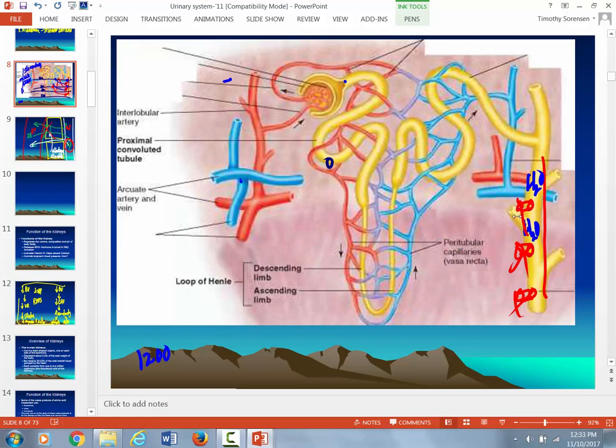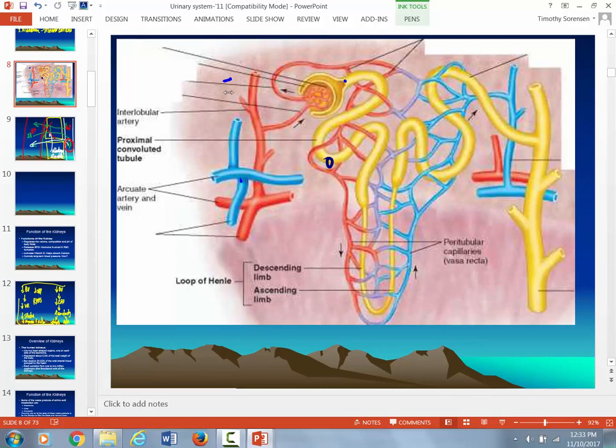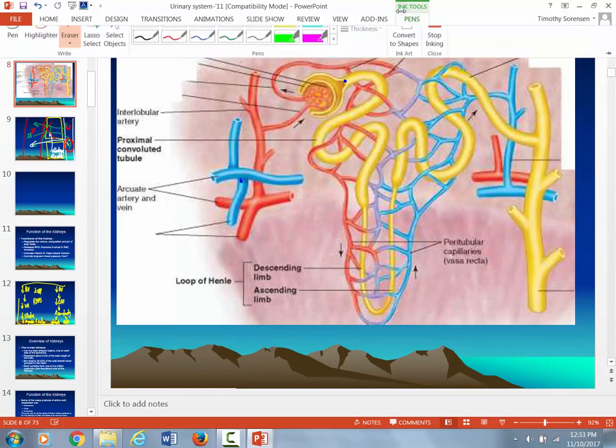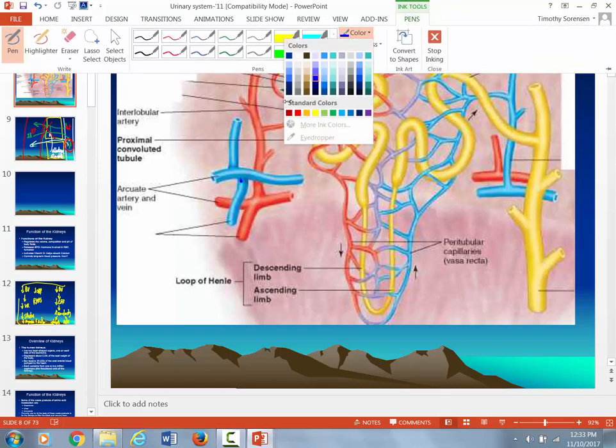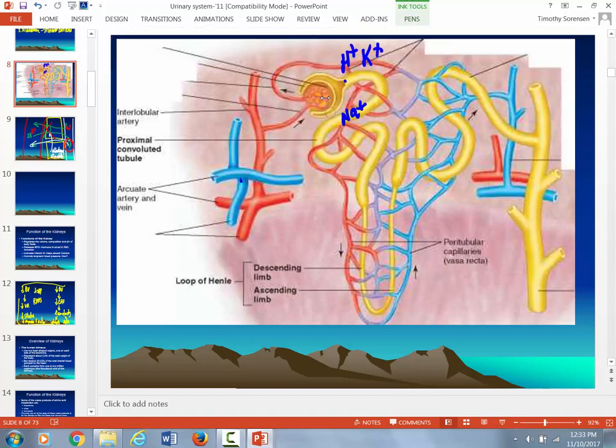In the nephron, remember I told you that two of the ions that are very difficult to filter by the glomerulus, but they have to be actively secreted, are hydrogen ions and potassium ions. Are you with me? Sodium is readily filtered by the glomerulus. You got me? Now,